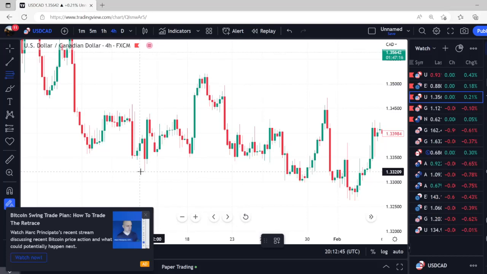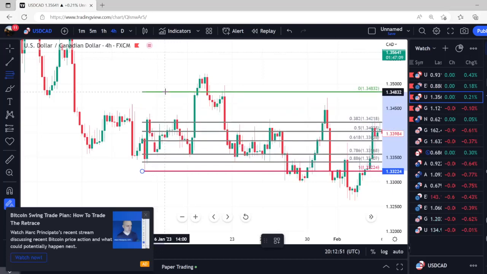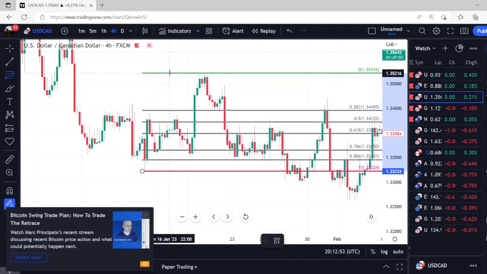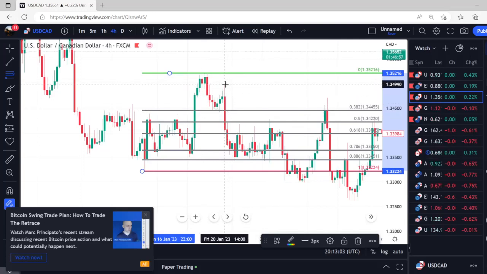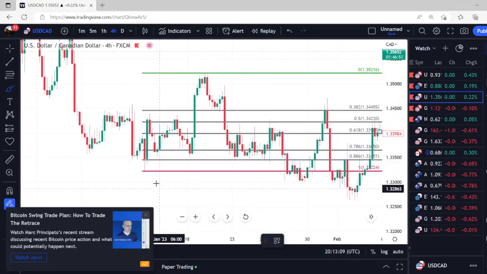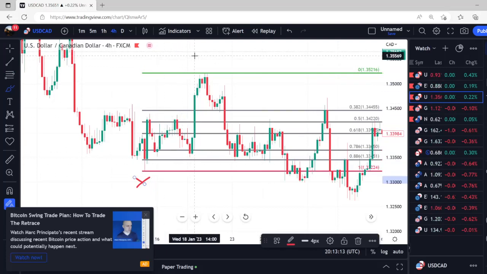So we measure from the beginning of the impulsive leg, which is right here, to the end where it stopped before a pullback right here. As you can see, the pullback stopped at 0.382, the first fib number, and then we push back up again, and this push up did not go above the A. So this becomes our X. This becomes our A,